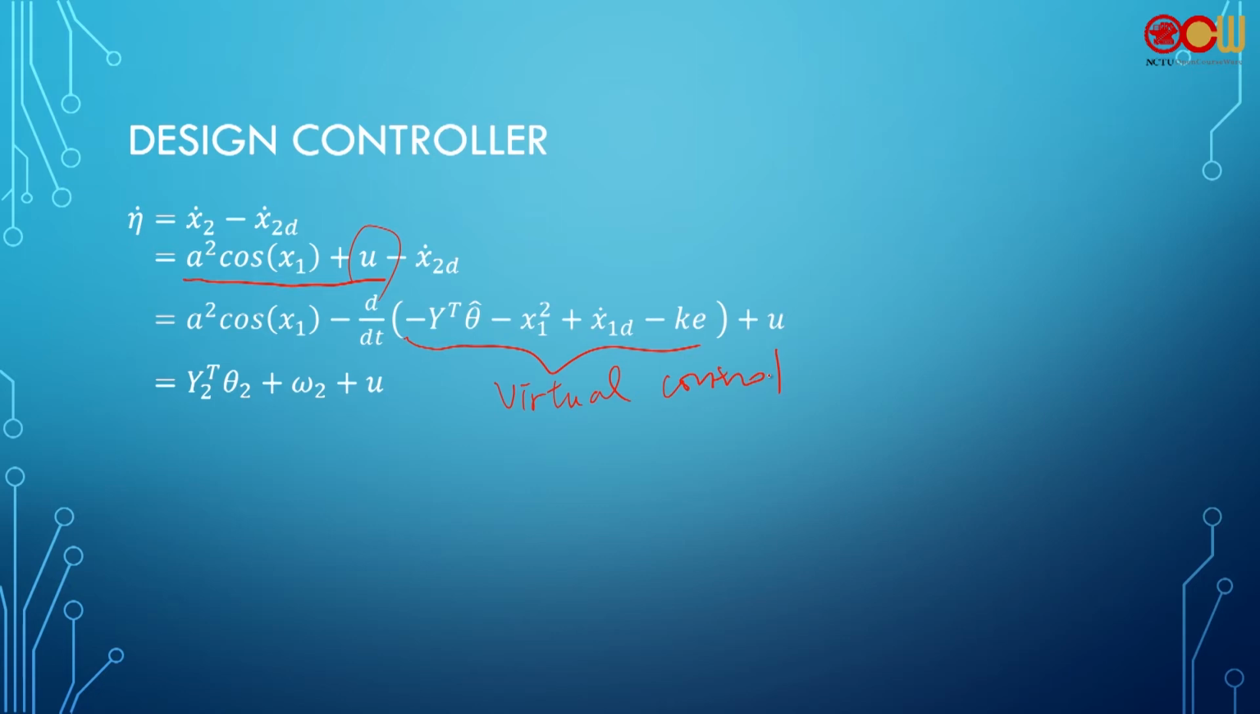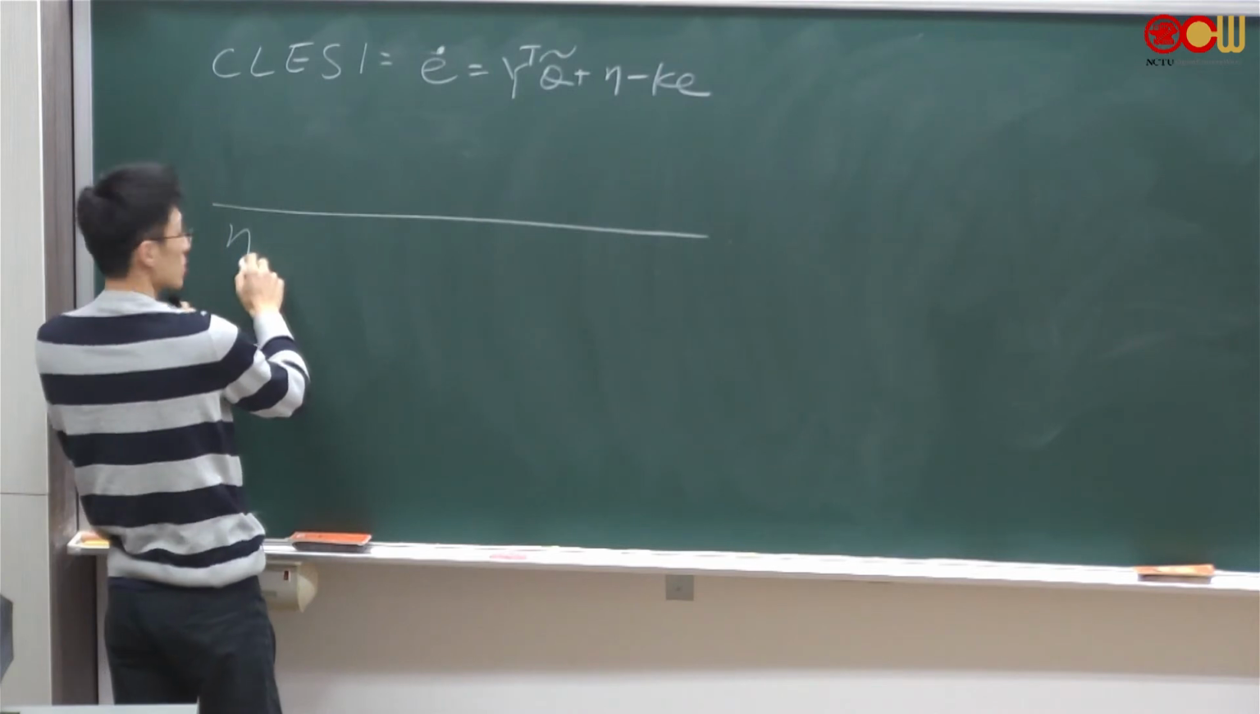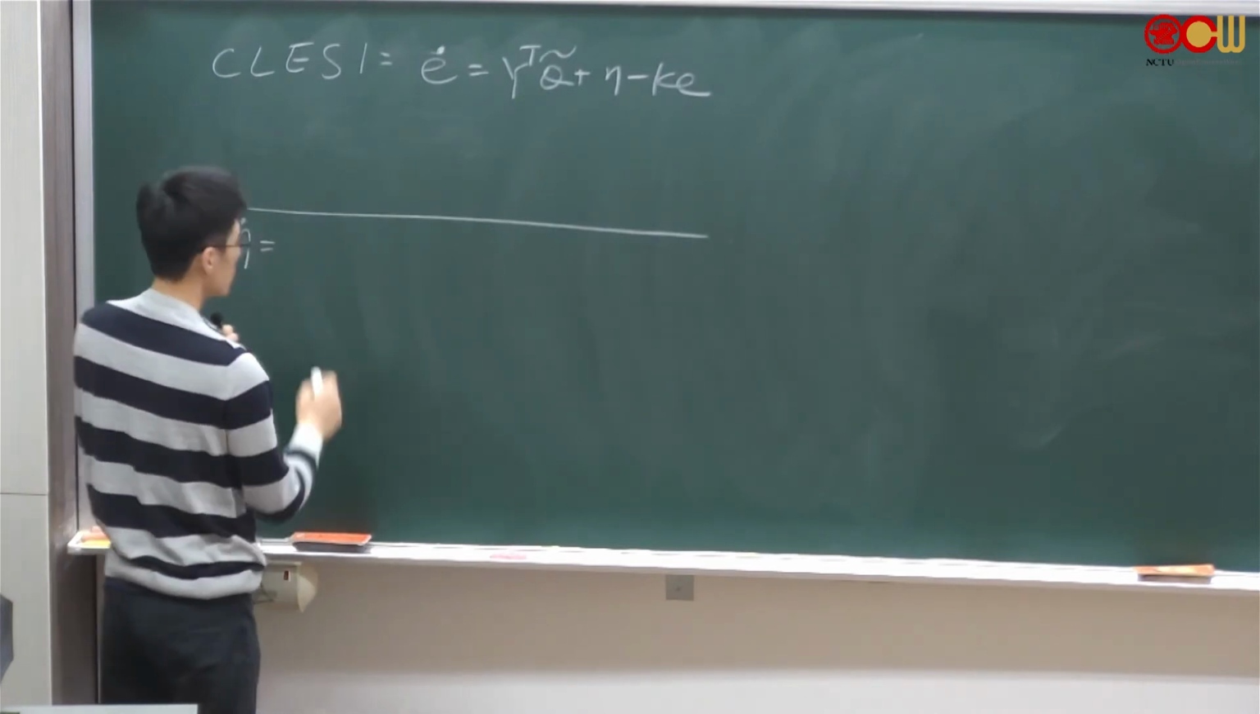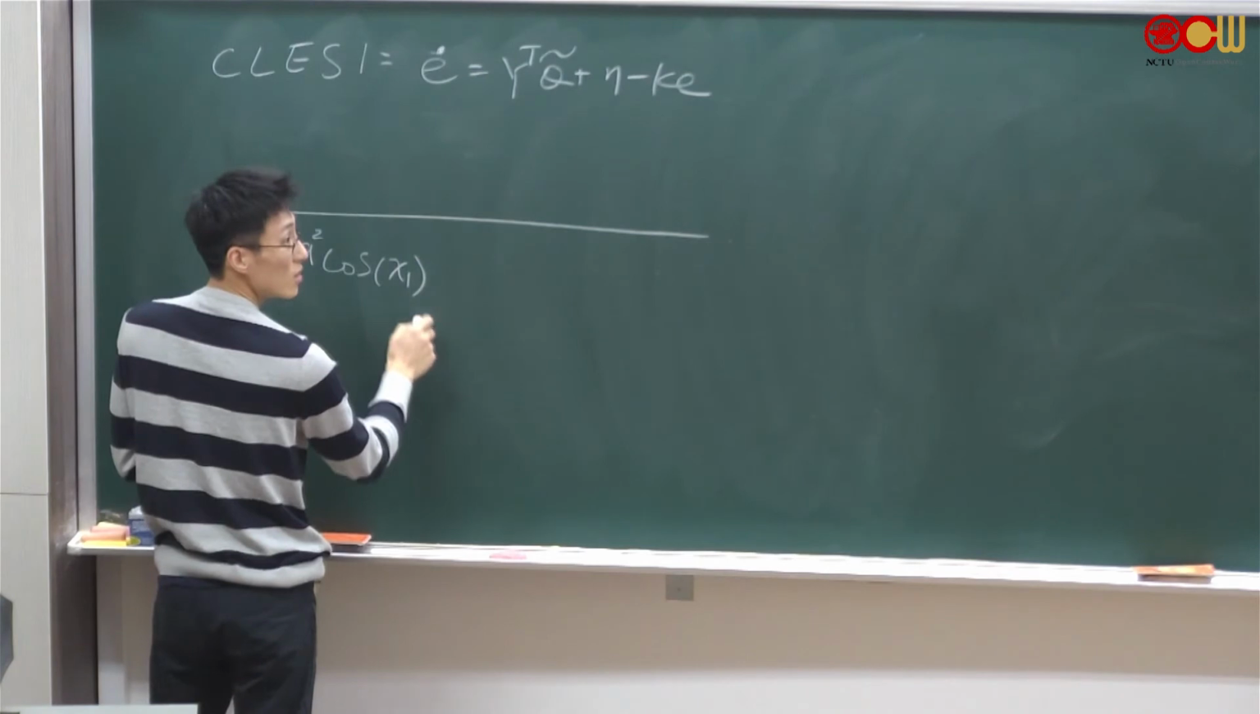It now becomes a little bit complicated because there is another a squared in the second system. It's from x2 dot, from the second system. And that a squared is an unknown constant, and that was not covered in the previous y transpose theta hat. That's why we have y2 transpose theta 2. So y2 and theta 2 become more complicated, but that's fine. So how you get this y2 theta 2: eta dot is equal to a squared cosine x1 minus